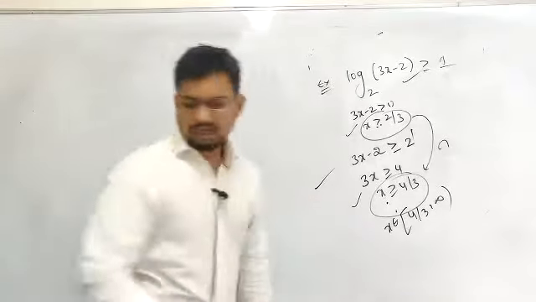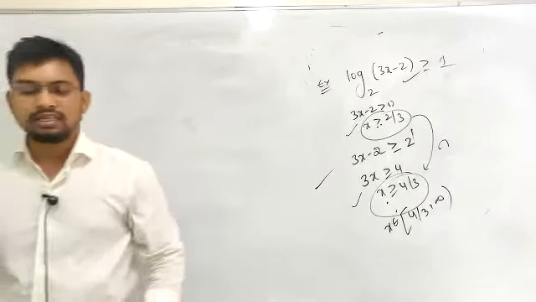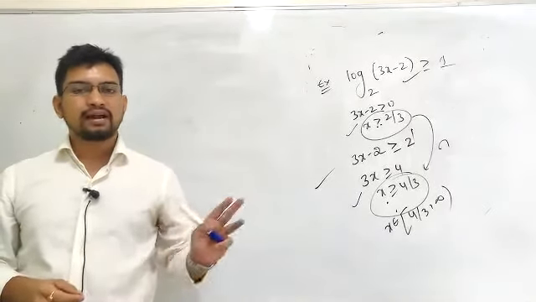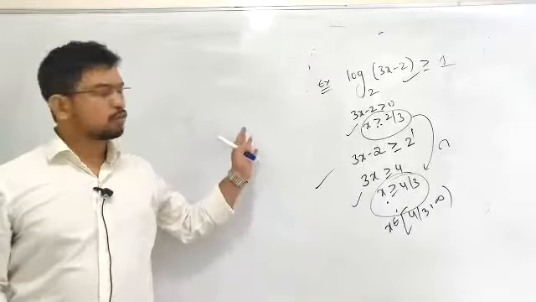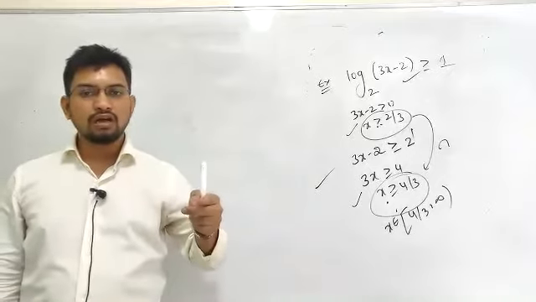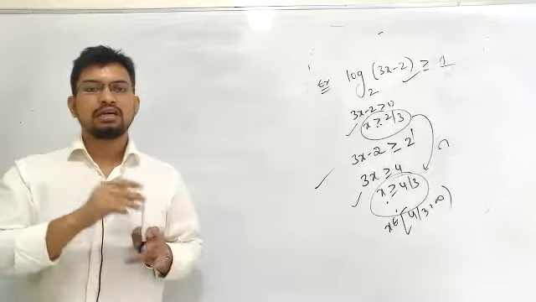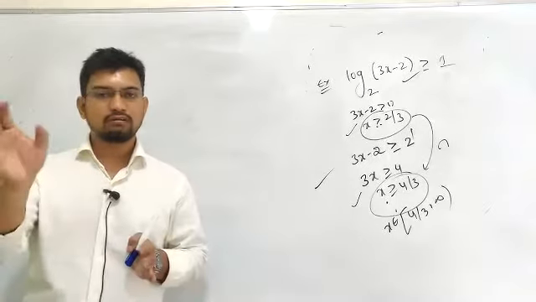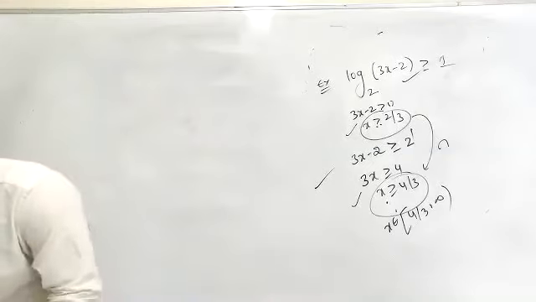There is one small concept left over, and that concept is characteristic and mantissa. I'll be teaching you that tomorrow, but let's solve problems on this topic. In the worksheet I give you, leave off the problems on characteristic, mantissa and number of digits. Leave off those questions in the assignment, and you can try to solve the remaining ones. We'll see some problems. I hope this is clear.